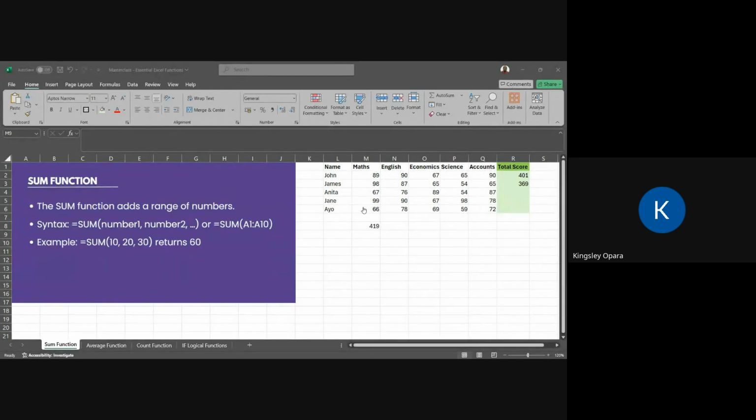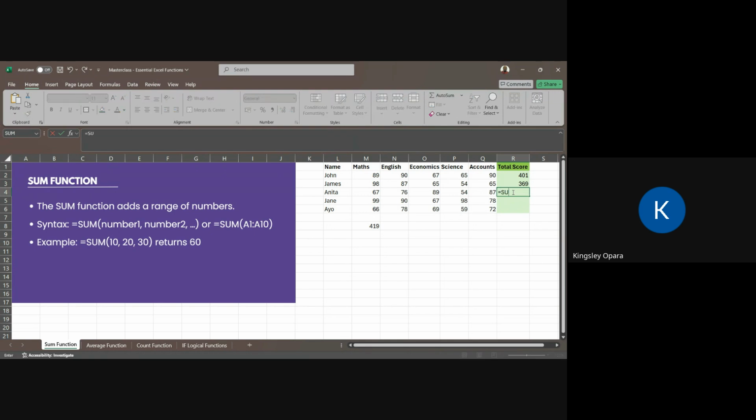Now, between the two of them, the first one we did, we used the comma to separate each of them. So you ask yourself now, why do I have to use commas instead of just highlighting the range of values? If we have as many as 20 numbers, are you going to start selecting each of them one by one and separating them with commas? The answer is no.